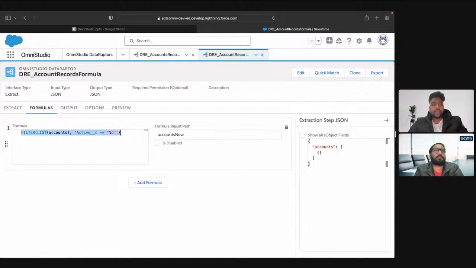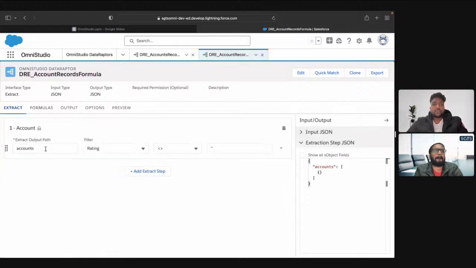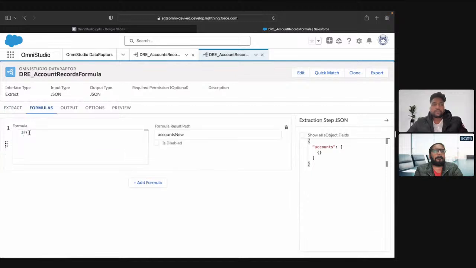Let's say if, so we are getting our results into the accounts node. Accounts colon name not equals to blank and accounts colon